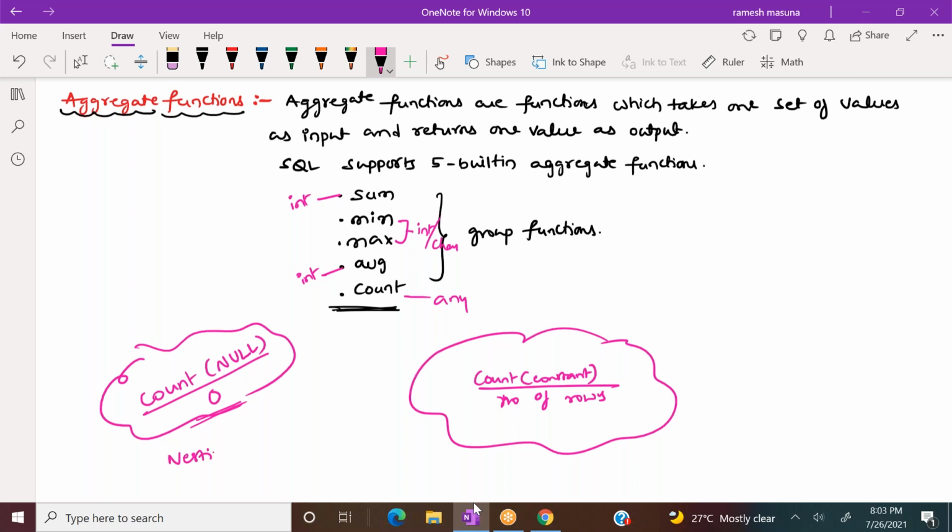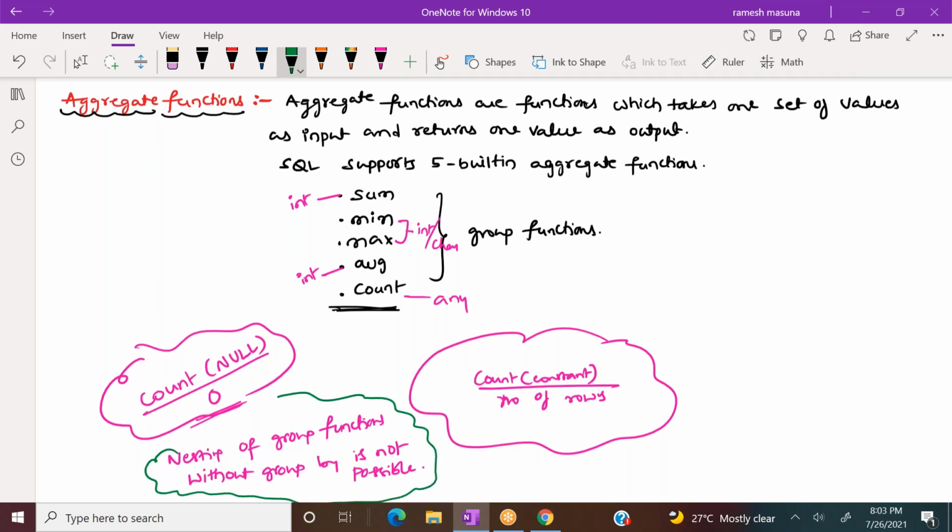Nesting of group functions, means aggregate functions, without group by is not possible.